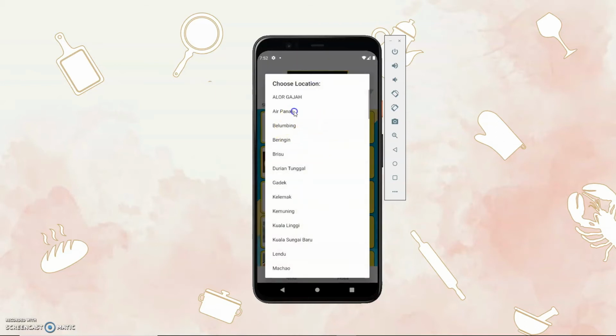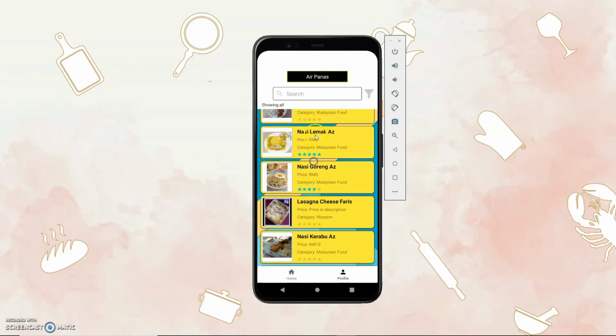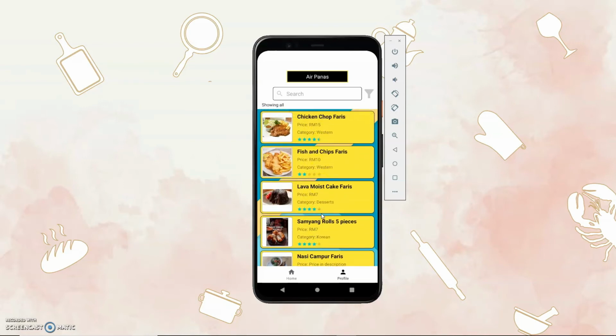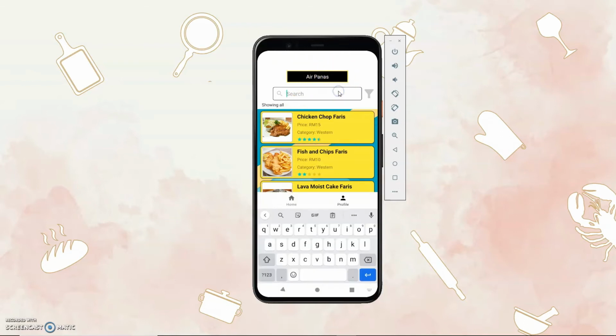For example, next you can go to air panas. You can see it will display only the product from air panas, and it will display the air panas up here. So the customer can search, for example, chicken.